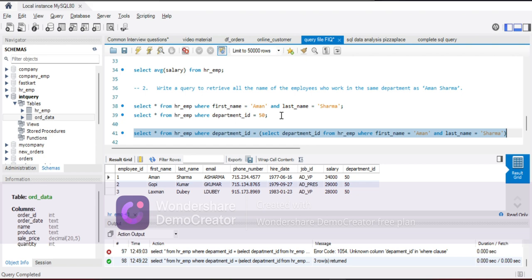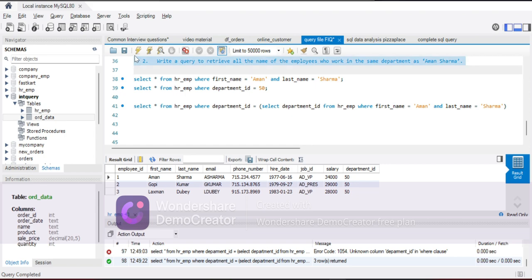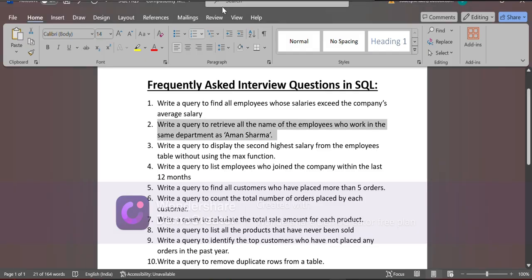Now you can see that we have combined the two queries into a single query, and the results are the same. So we have successfully retrieved all the employees who work in the same department as Aman